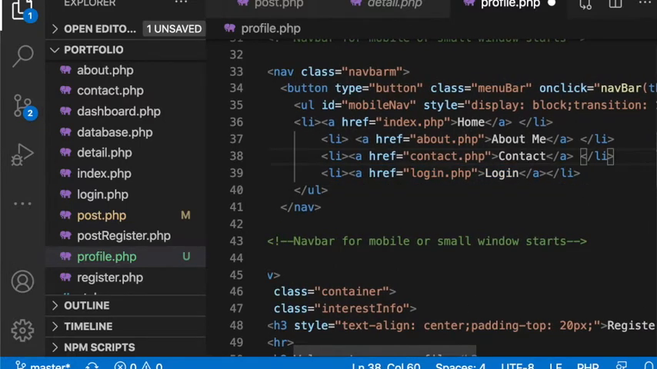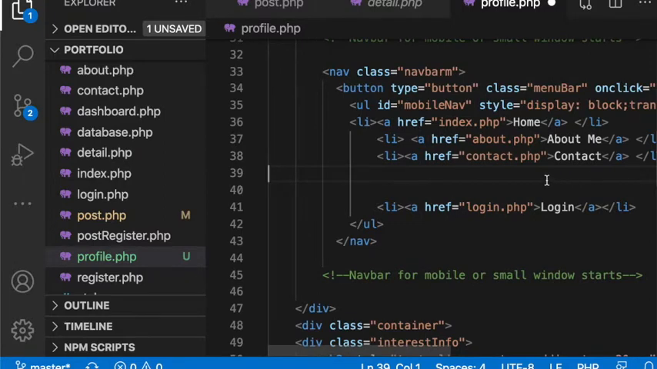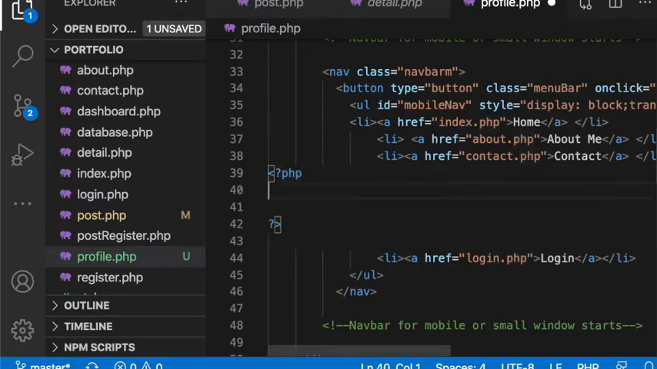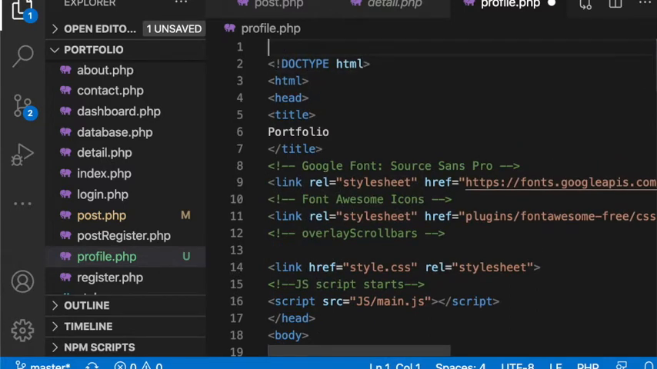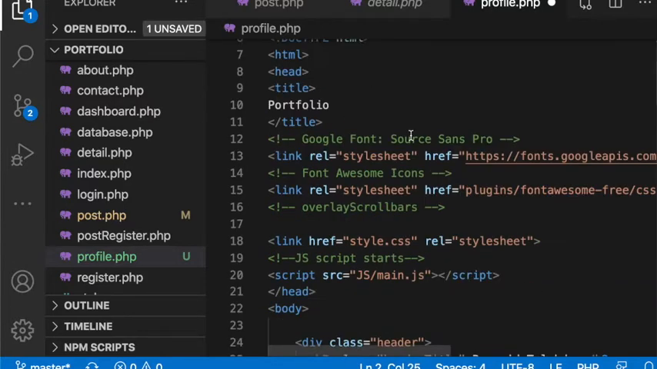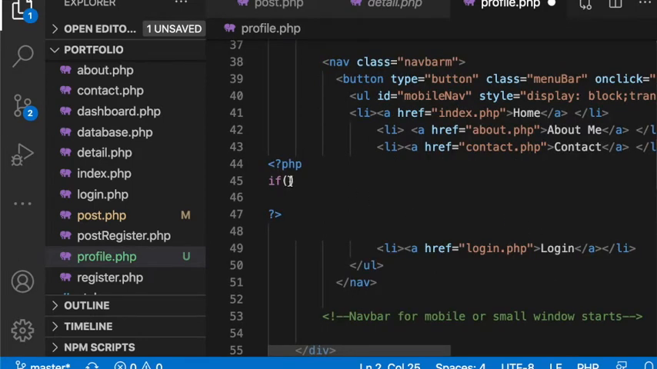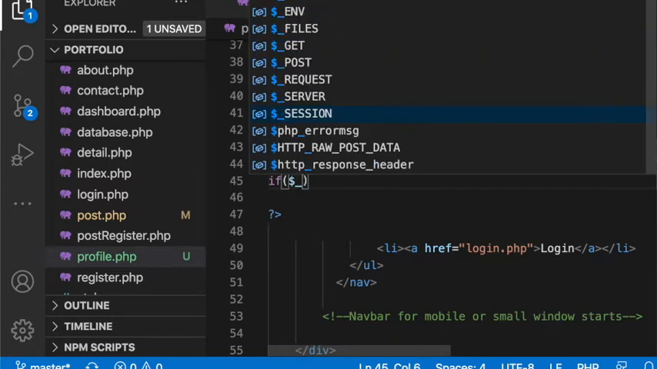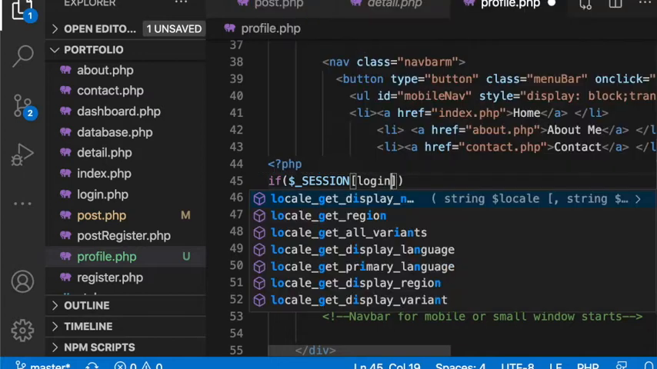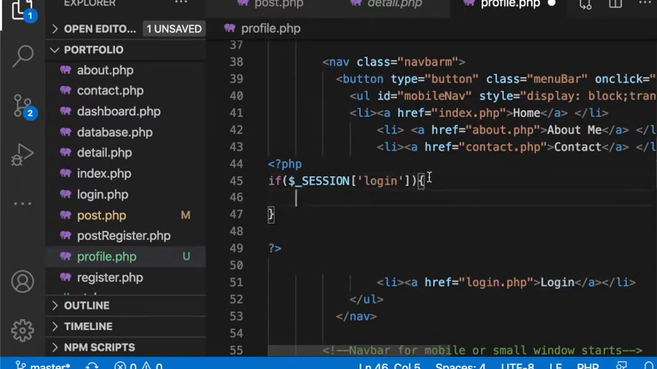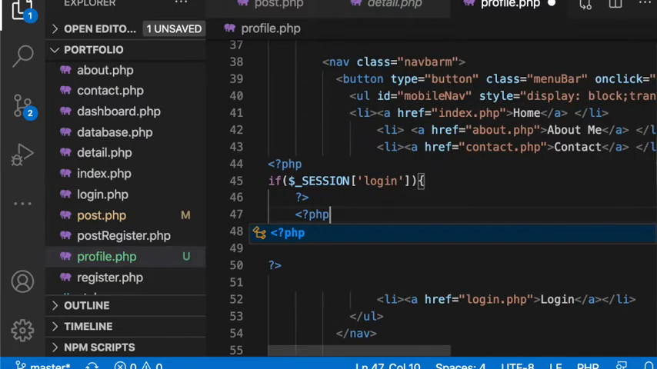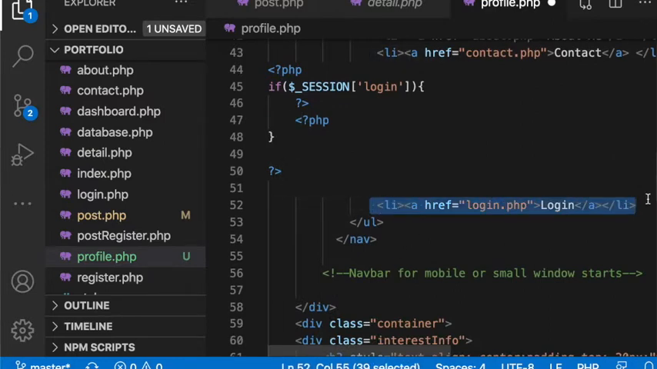So login, okay, so here before login, let me take one PHP block. Let me finish it. Session start should go, let me start session in the beginning. Now before login, if session login is true, let me finish the block. Let me take another PHP block. So if it is true, then it will be like,